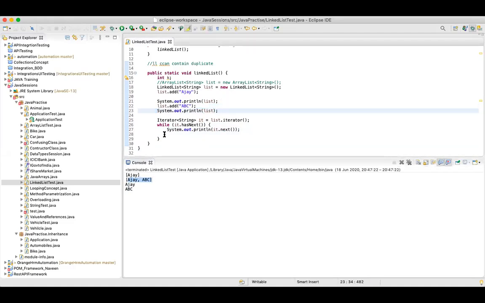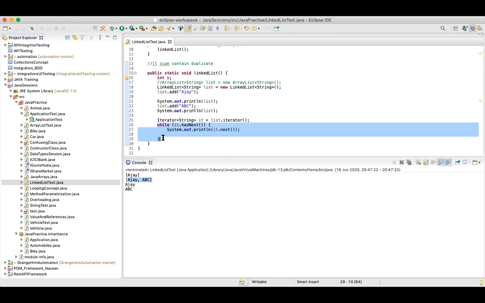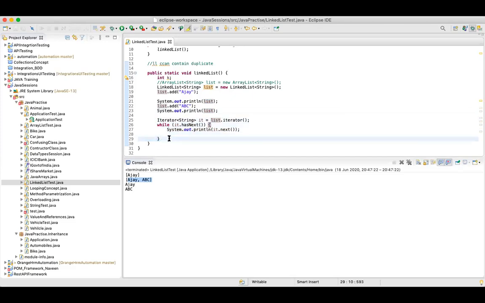But if you want to print an individual element of this particular array, you will have to use a while loop or maybe a for or any type of looping concept through which you can loop into that particular array or list or any type of list, right? It can be array list, it can be linked list or any list, it can be hash map. So for each and every object, the main concept behind it remains the same, right? If you want to print the entire list, simply this, or if you want to print each individual element, you have to use a for loop. Okay, guys? So now we have seen adding a few elements into a linked list.